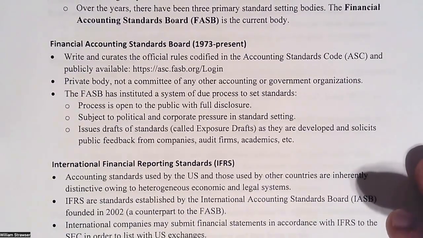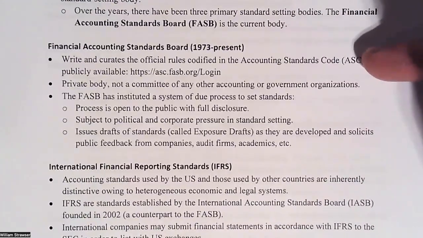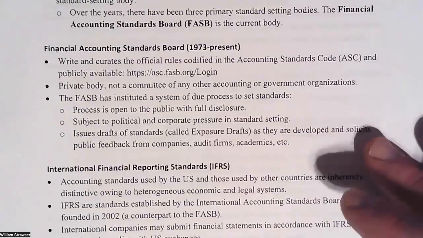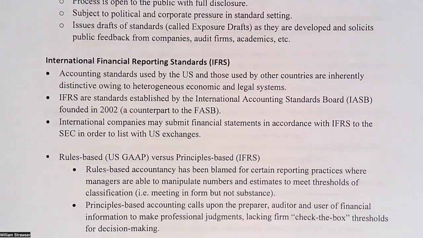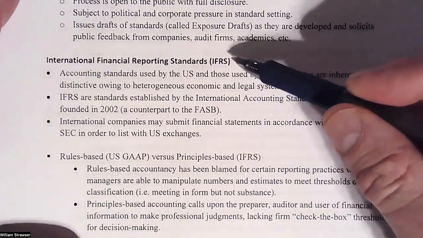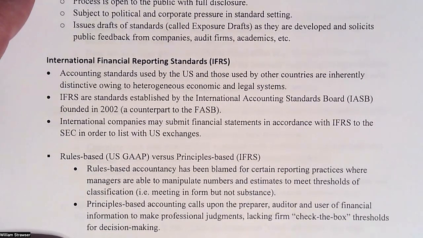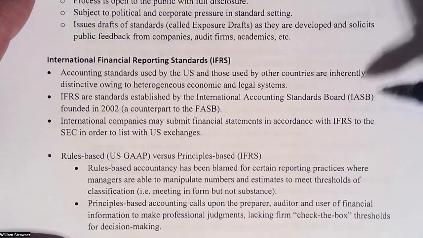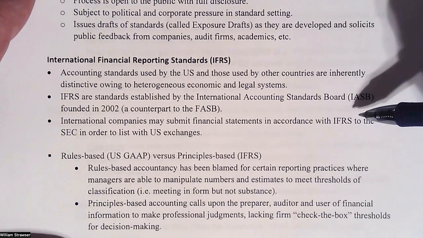Now that's US GAAP, right? The FASB is over US GAAP. They codified it into the Accounting Standards Codification. The SEC is the regulator. There is one other system that is allowed on US public markets. International financial reporting standards can also be used. This is allowed for international companies to use these reporting standards and still trade on public markets.